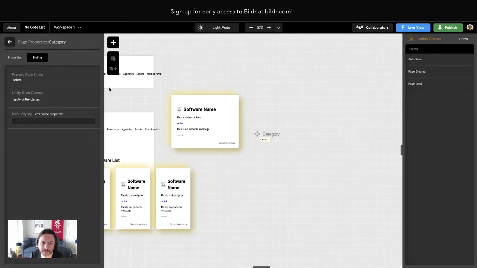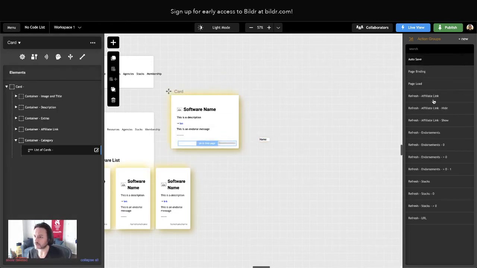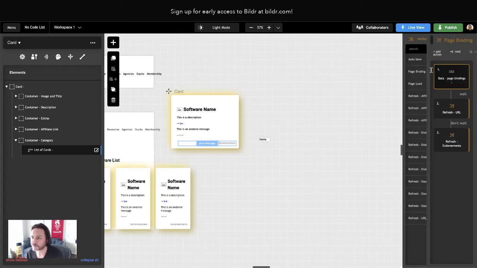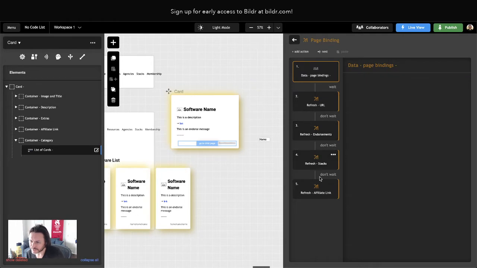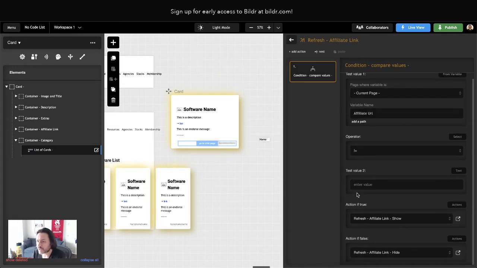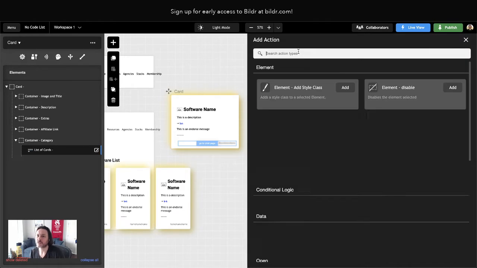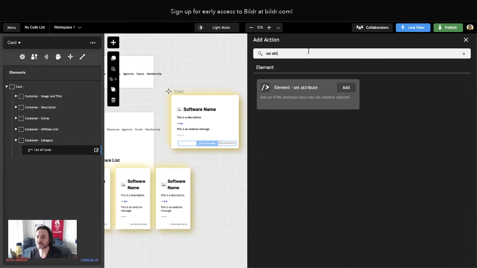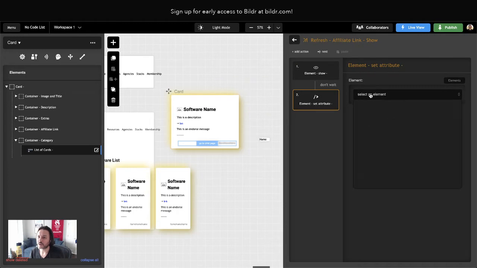And since that href value, the link value, is coming in dynamically, I'm going to actually set it with an action. So on page binding, we're running a few things. And I think in this case, after we refresh the affiliate link, I'll do it inside of here. So first we'll do the condition, right? And then if there is an affiliate link, it's going to show it. So at that point in the show, I'll set the attribute of the affiliate link, affiliate message,